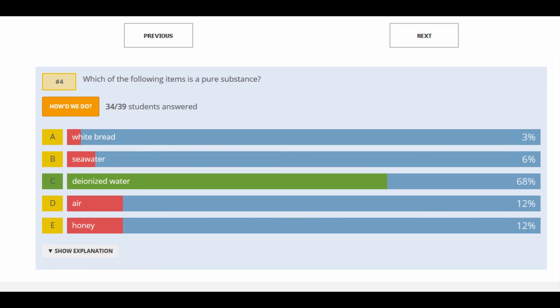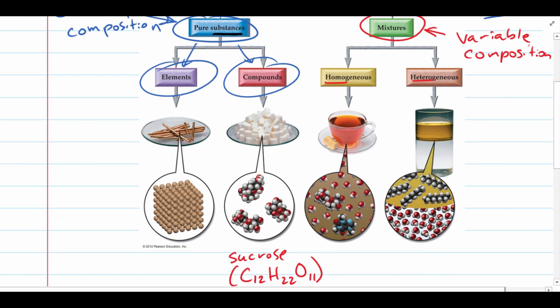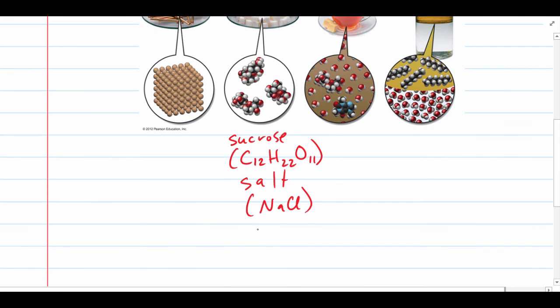The correct choice here, and only one, is deionized water. That's because deionized water is also pure water. So if we have pure water, what is the formula for water? H2O. Exactly. Water would be an example. Water is always comprised of 2 hydrogen atoms for every one oxygen atom. So 2 hydrogen atoms to 1 oxygen. Formula is